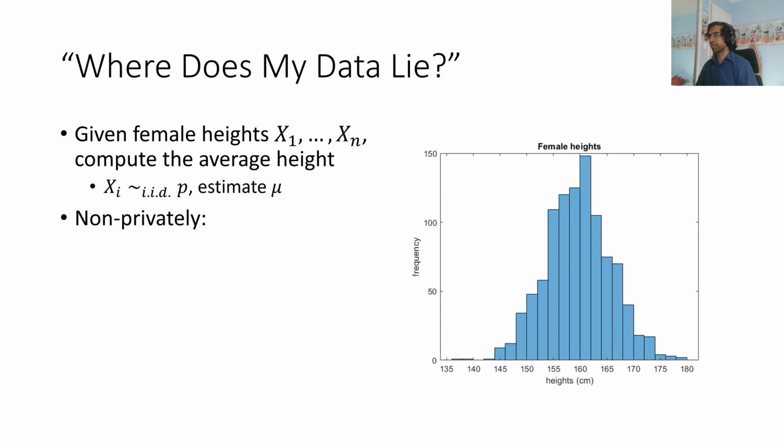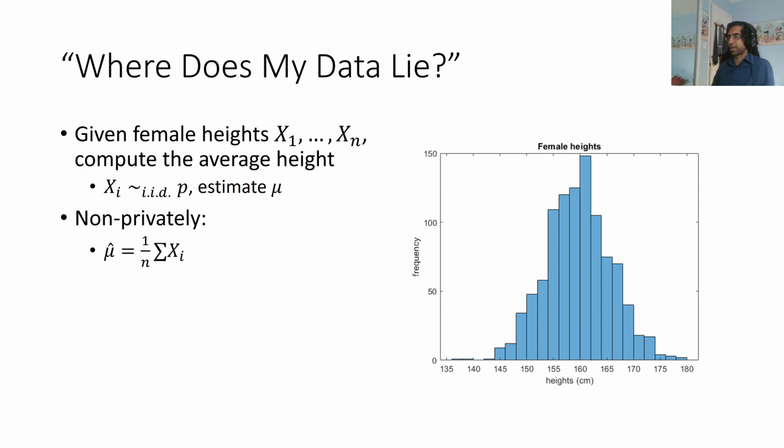Non-privately, this is very easy to do. Non-privately, we know you can just take the empirical mean. This is something I'm sure you all know and you'll never forget. This is tattooed on my back. Just take the empirical mean of the dataset, and that's a good estimate in pretty broad settings. You don't even have to worry about where the dataset is. Each individual point can be around 0, it can be around 100, it can be around 1,000,000.